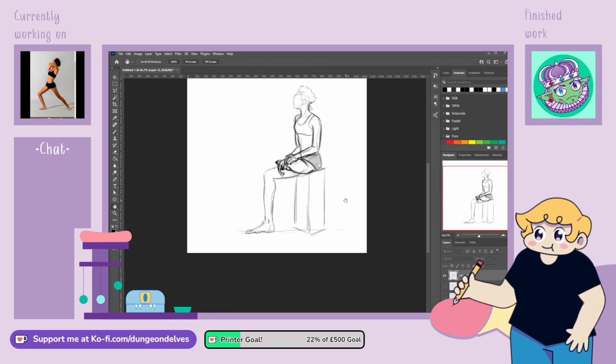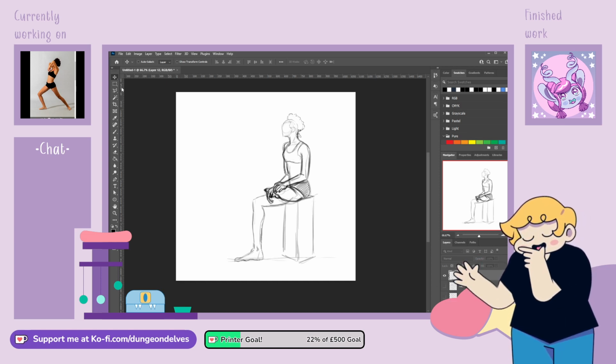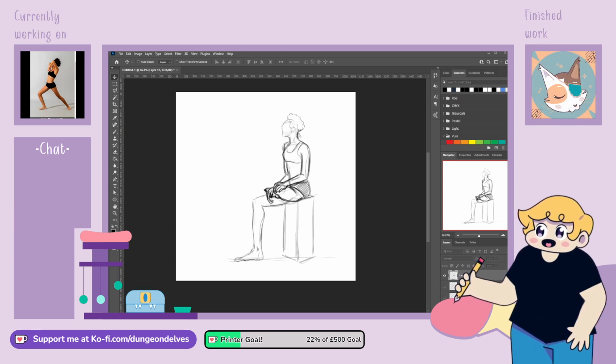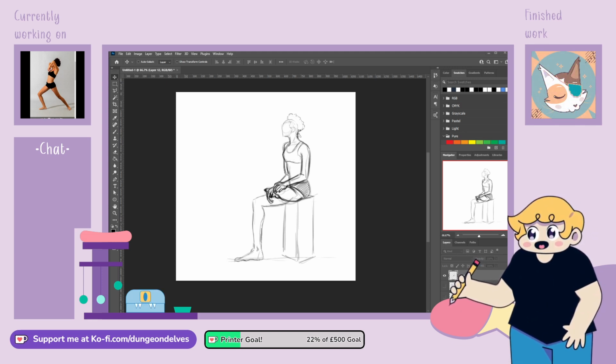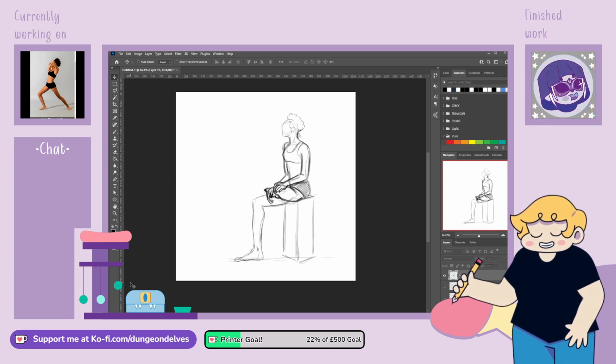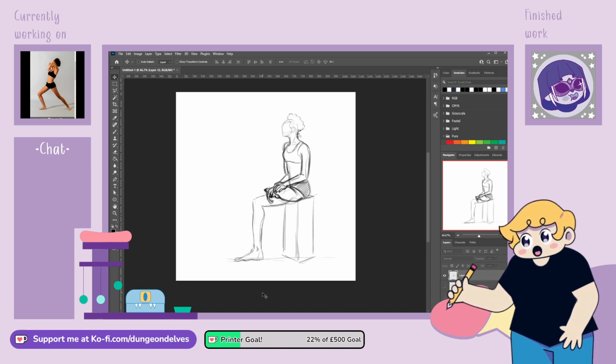Okay. Assessment time. I'm not too happy with it, but I'm also not unhappy with it, if that makes sense. I feel like I would have liked to have had this image for the long sketch. But considering this was a 10-minute sketch, I'm okay with this because I've obviously spent the time on the leg.